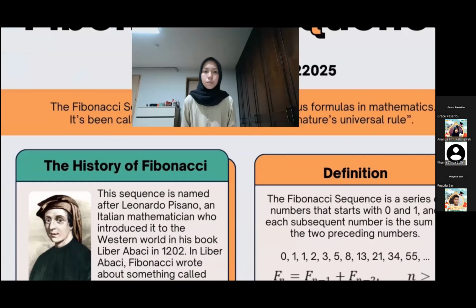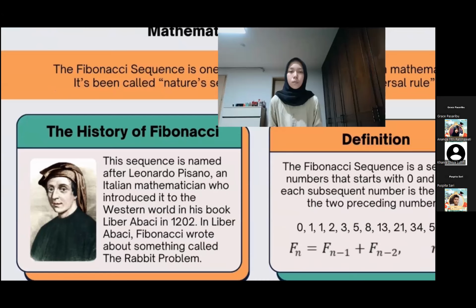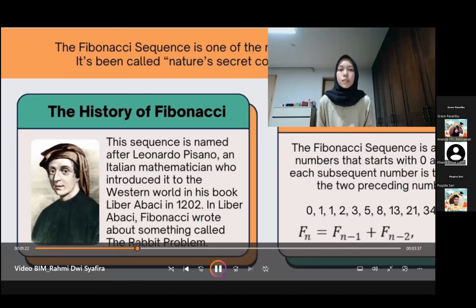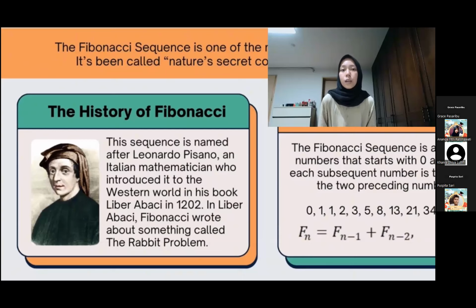First of all, I will explain the history of the Fibonacci sequence. This sequence is named after Leonardo Pisano, who was also known as Fibonacci, an Italian mathematician who introduced it to the Western world in his book Liber Abaci in 1202. In Liber Abaci, Fibonacci wrote about something called the rabbit problem. It went like this. A certain man put a pair of rabbits in a place surrounded by a wall. How many pairs of rabbits can be produced from that pair in a year? If it is supposed that every month each pair begets a new pair from which the second month on becomes productive,